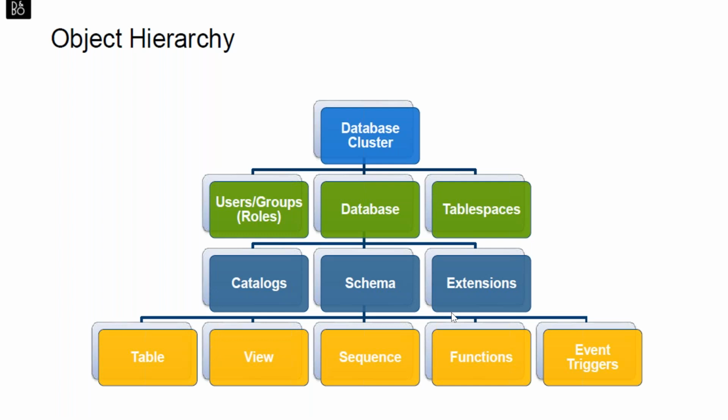So every object, table, view, sequence, and index as well. The index is not specified in the diagram, but every database object is part of a schema. So user and schema are different. A user is for a connection to your database, and a schema is a collection. User and schema can be the same, meaning the same name, just like the postgres schema we talked about. We connect as the postgres user, and the schema name was also postgres. So it can be the same, but it can be different as well.